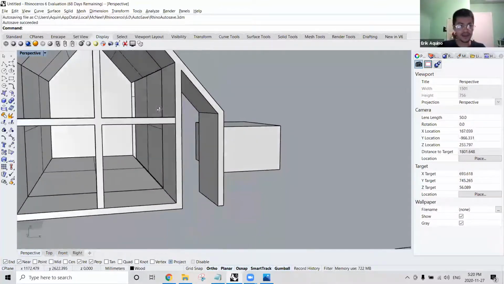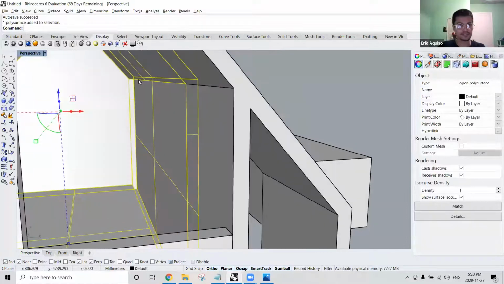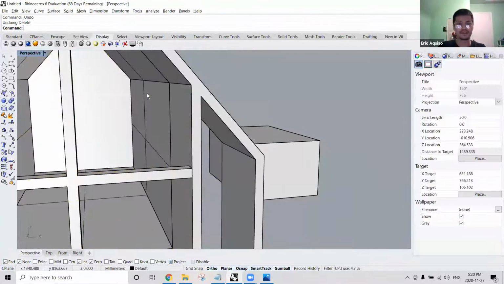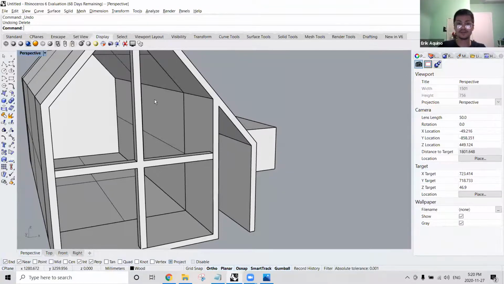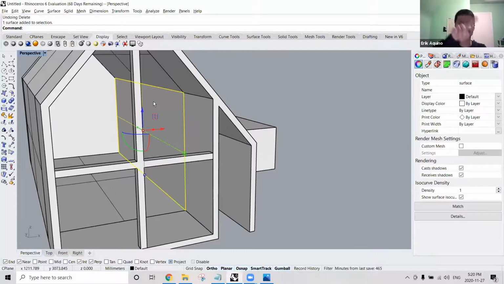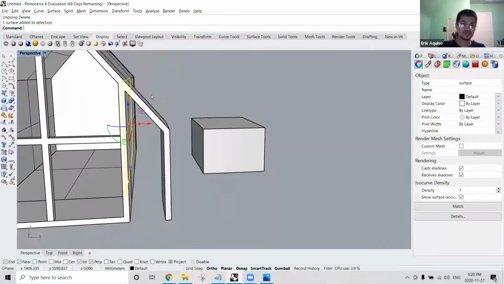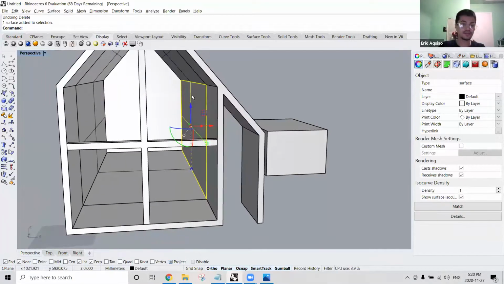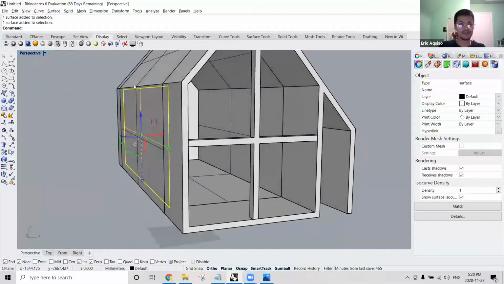If I delete that, you'll see that it's been separated from the rest of the model. We're not creating a new face where it's like we're slicing it out of what this existing geometry is. So that will help in terms of applying textures to your inside faces. So this will be different from an outside